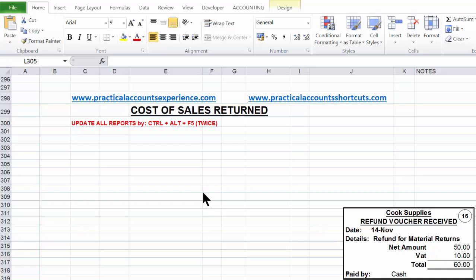This is a refund received because materials bought were returned to the seller or supplier. We have a document in the bottom right for illustration purposes. The refund was received from Cook Supplies, who actually prepared the refund document. By filing, this document should be found on the purchases and payments file,